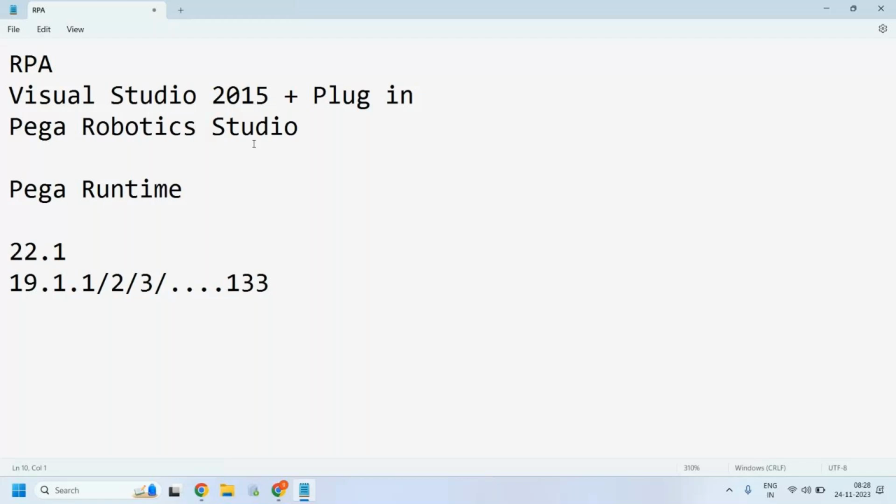Excel connector and Microsoft Excel connector. We have two different kinds of connectors here for automating the Excel activities. And not only Excel, Word, PowerPoint, whatever Microsoft product we have, we can automate those things by using the connectors. And also we can automate the PDF. We can view the PDFs, edit the PDF, and extract the information from the PDF by using the PDF connector. And the database also we can automate here.